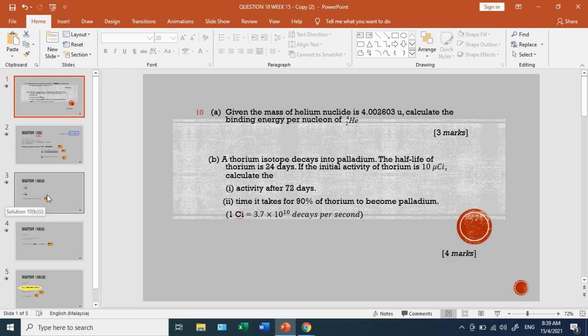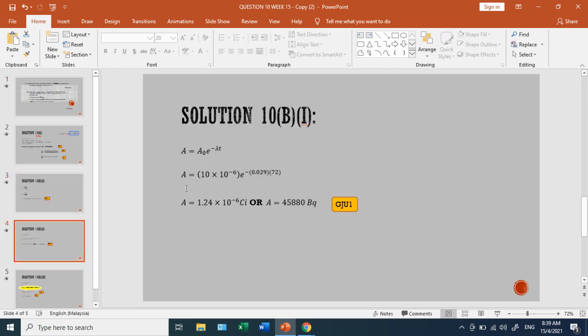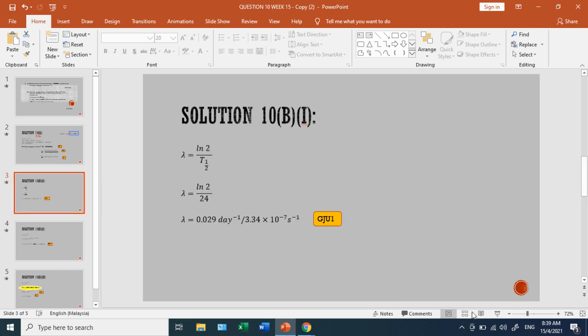So for the final activity value, we have this formula, A equal to N naught exponential negative lambda t. And before we calculate the final activity, we need to have the value of decay constant lambda. So in order to calculate lambda, we have the formula of